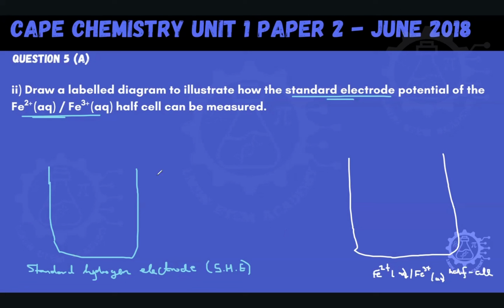All right, so let's fill it out now. Whenever we're drawing the standard hydrogen electrode, it has some unique features. The very first thing that we always have to include when we're drawing the SHE portion is our solution in it, and that solution is going to be an acid solution. So let me just write that the solution in there is an acid solution